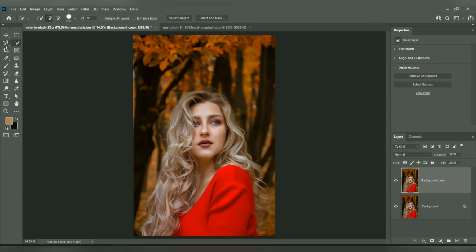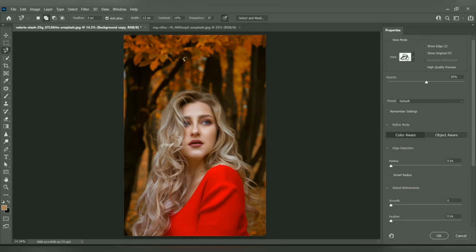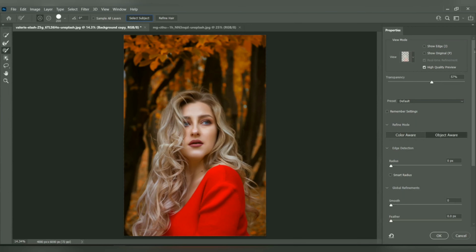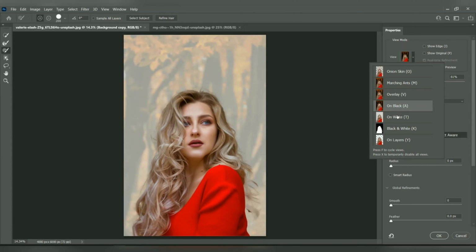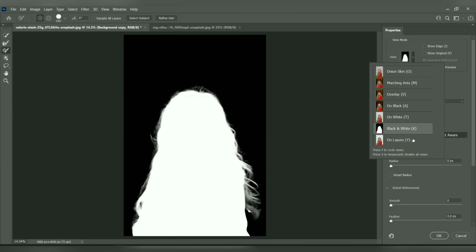Go to the image section, or you can go with the magnetic lasso tool, and then press select subject. It would automatically select your subject from the image. But remember there should be a high quality image in order to precisely select your subject. You can see I am changing the background just to show you how precisely our subject is selected, because it is a very high quality image.